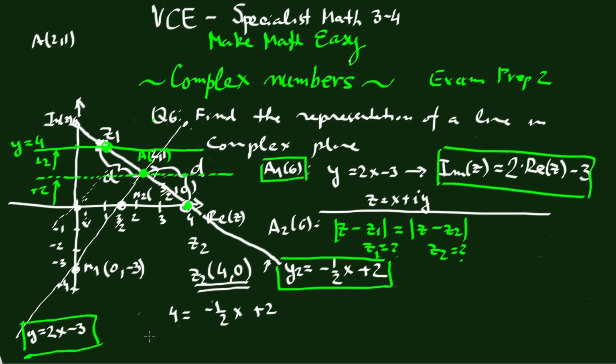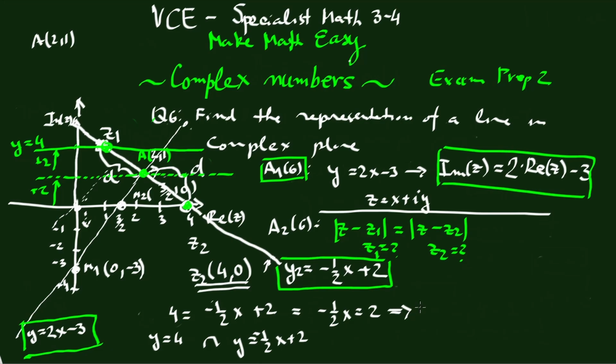So that's the equation y equals 4 intersecting with y equals minus 1/2 of x plus 2. So what that becomes, it becomes minus 1/2 of x is equal to 2. Therefore, that becomes that